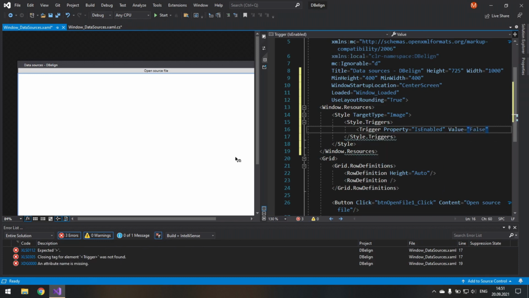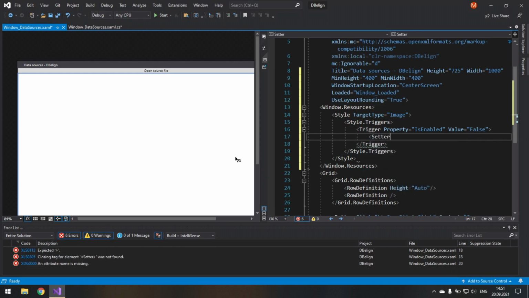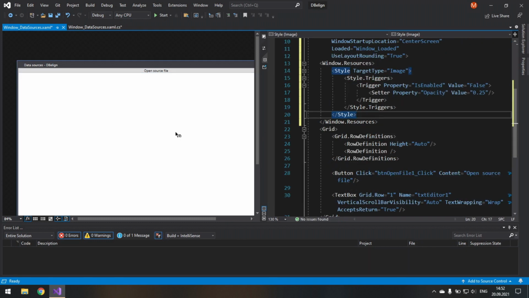And when it is false, we set the property called opacity. The value of the fully visible image is just 1.0, so we need anything lower than that. I commonly put 0.25.